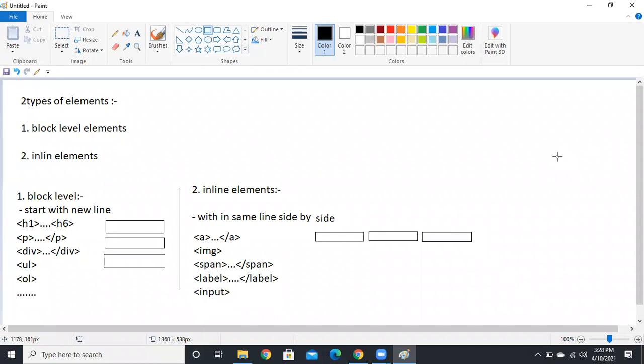In HTML, we have two types of elements. Block elements always start with a new line. Inline elements are displayed within the same line, side by side.